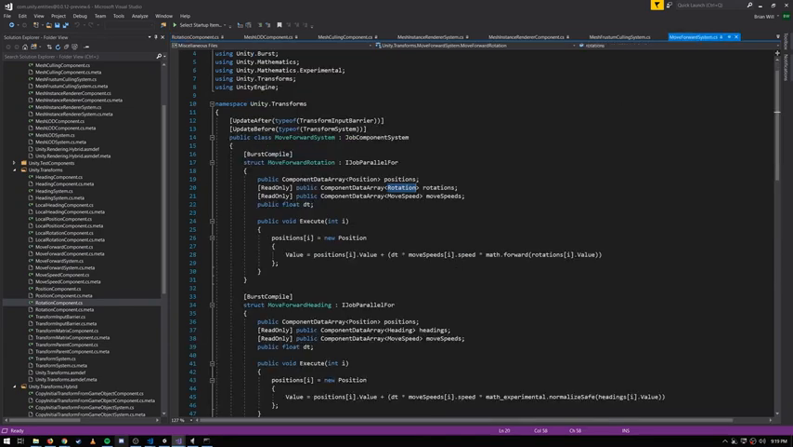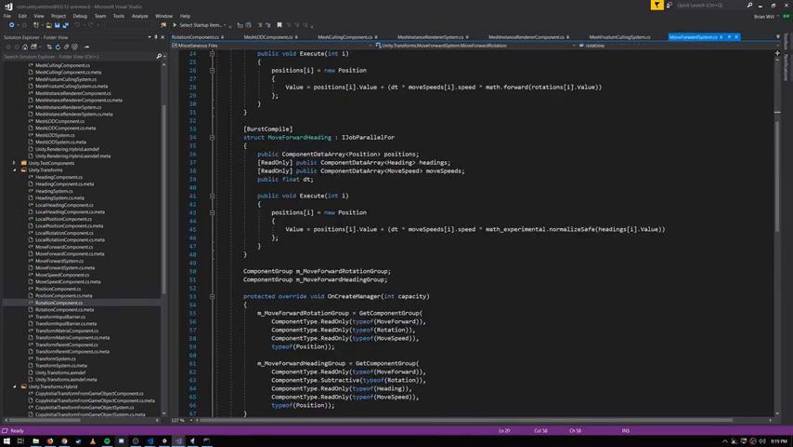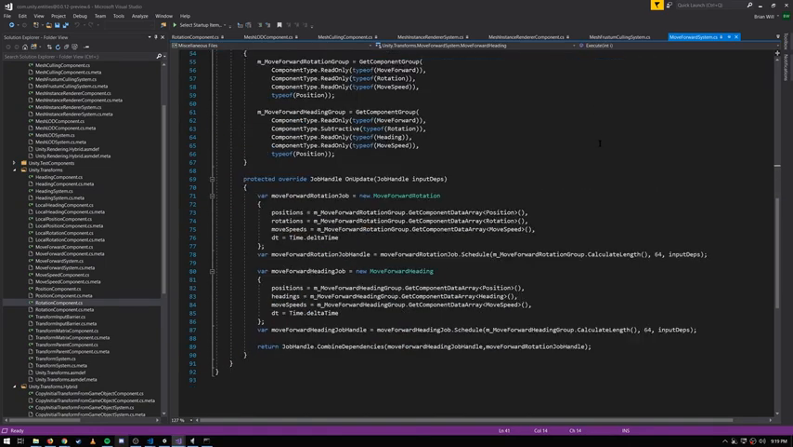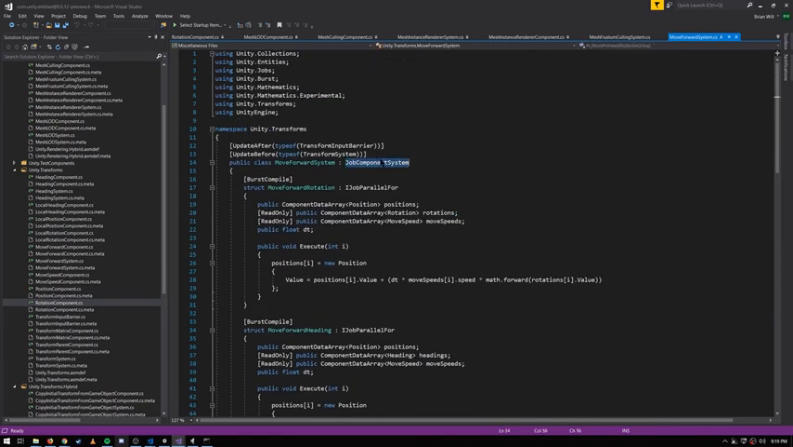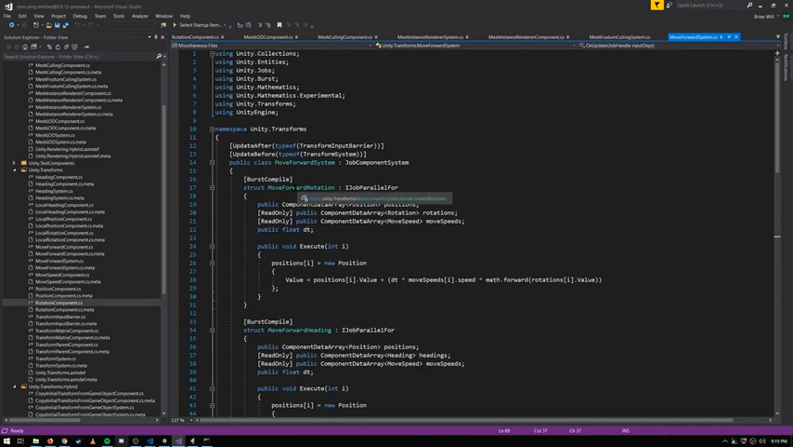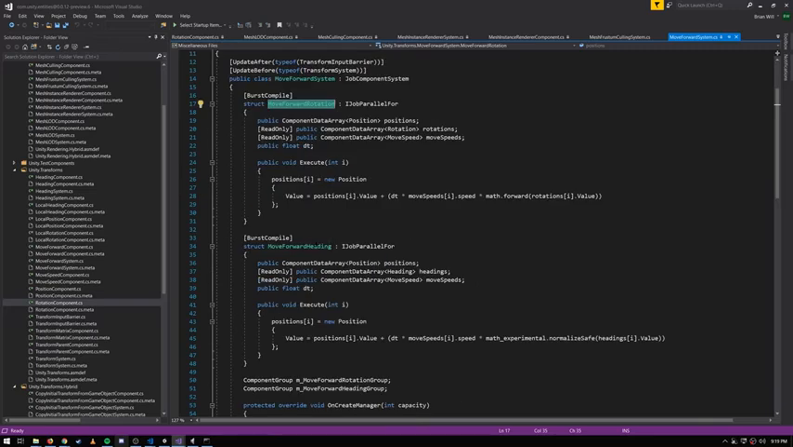Anyway, so back in the move forward system, you can see here it's a jobified kind of system. The actual work is being done in this job. If we go look at the actual onUpdate method, this is a job component system rather than a component system, and so the onUpdate is expecting a job handle for the input dependencies, and we return a job handle. And so we've defined in this class two job types. There's a move forward rotation job and a move forward heading job, both IJobParallelFors,